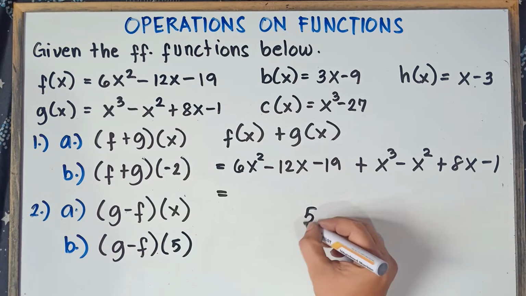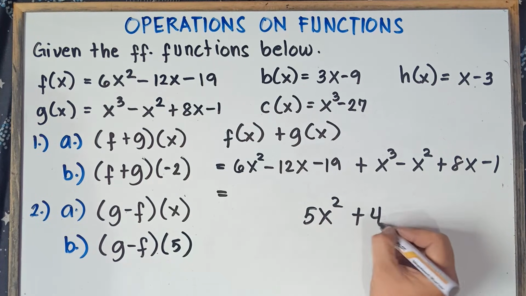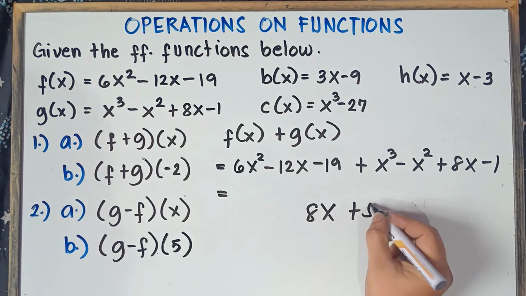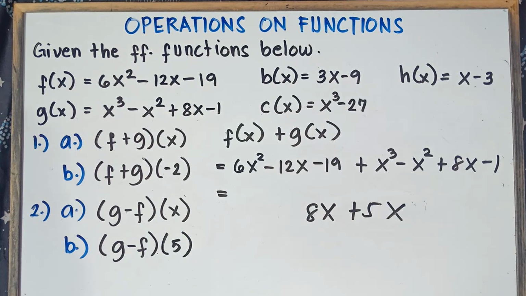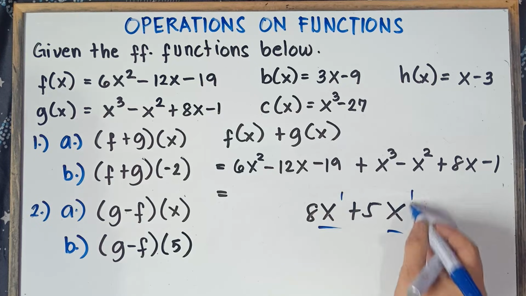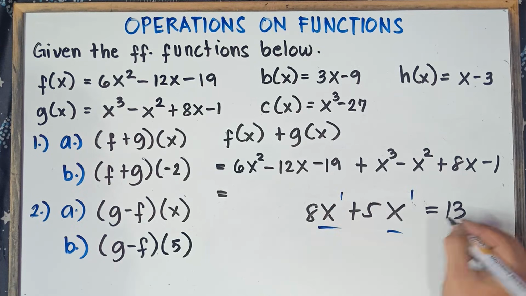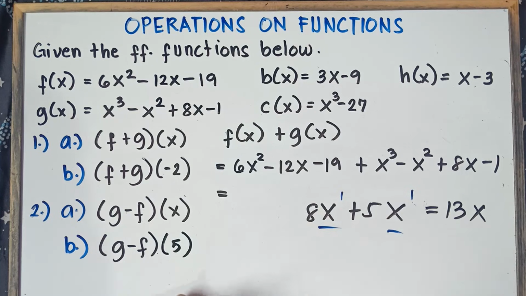Example class, if I say 5x squared plus 4x, can we add? Nope, you can never add that one because they have the same letter, but they don't have the same exponent. It must have the same letter and the same exponent. Another example, if I say 8x plus 5x, can we add? Yup, we can add. They have the same letter and the same exponent. Understood that there's 1 here, so 8 plus 5 is 13. Simply copy x. So therefore, 8x plus 5x, that would be 13x.